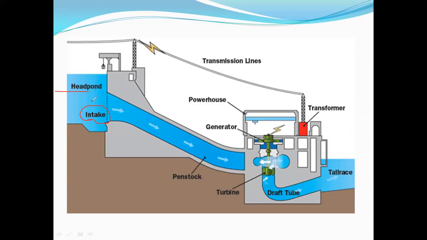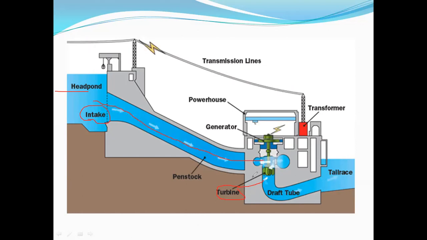Now, from the intake, we are flowing the water. You see this, from the river we are flowing the water. The water flows onto the turbines. You see this, this is the turbine, right? These turbines contain blades, you see here, and the blades are continuously rotating. Then what will happen?